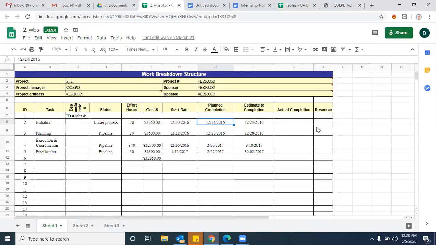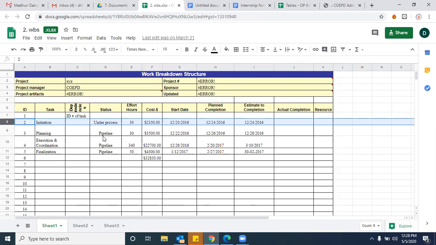And the actual completion date is once you have started and executed this. When this has been completed, that is the actual completion date. Am I clear? Guys, am I clear? Yes. And in a similar way, once we are in the initiation phase, the remaining phases are in the pipeline. Pipeline is nothing but it is going to be started in the next phase. So once the first process is done, then we will go with the next phase, right or wrong?